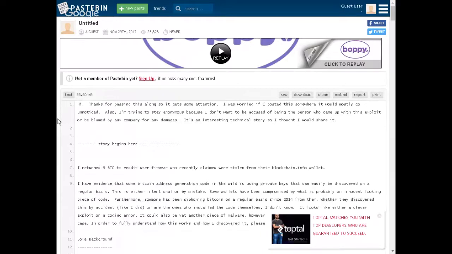If you want to read about it, is there anything wrong with the blockchain? No, there's nothing wrong with the blockchain. It's the wallet generators. So either somebody on blockchain.info is creating these corrupted private keys, or another wallet generator is creating these corrupted private keys. It could be an exchange wallet. It could be any number of closed source wallets. Who knows where it's really coming from? But somebody out there is doing this, and somebody out there is actively looking for it.